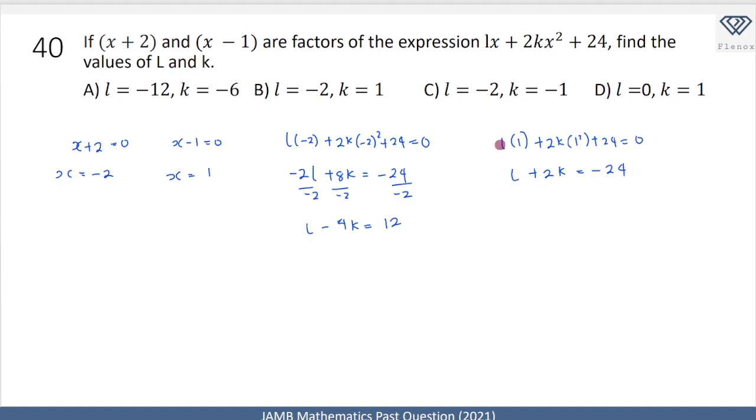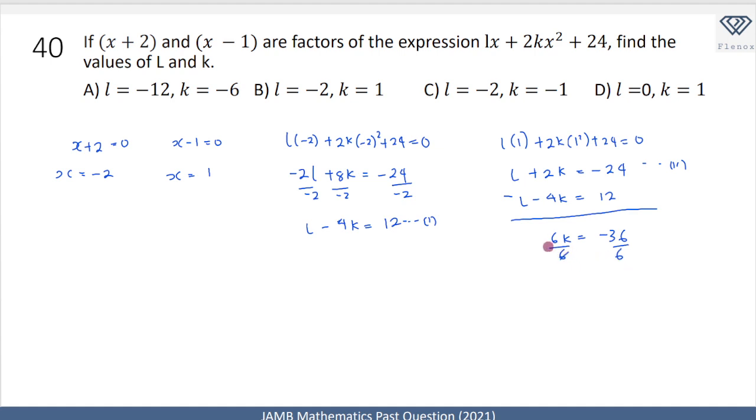So what can I do? These are two simultaneous equations, and what I can try to do is solve them using the elimination method. Let me bring this expression underneath this one, where I have L minus 4k is equal to 12, and subtract equation 2 from 1. If I subtract this from this, L minus L will cancel out. 2k minus minus 4k will give me 2k plus 4k, which is 6k. And minus 24 minus 12 will give me minus 36. So if I divide both sides by 6,